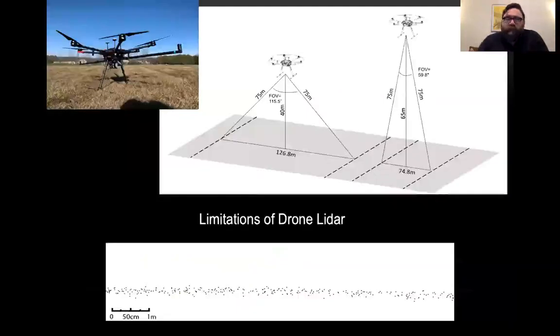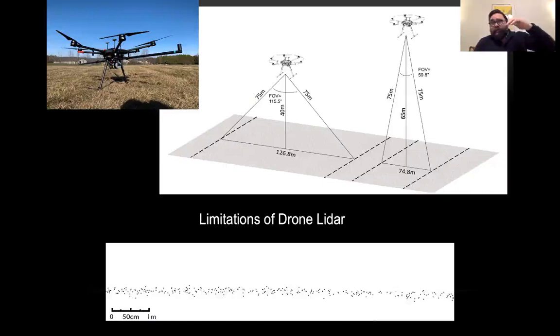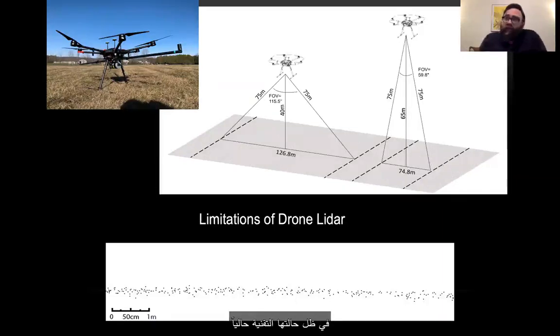other way. There are a lot of limits to doing this with drones. The sensors that are made to be flown on a drone have a bunch of limitations. They have a limited range, so you can only fly them up to something like 75 meters, but the higher you fly them, the smaller their field of view is, so you have to fly them low enough to see a wide angle on the ground. There's a whole bunch of trade-offs of being able to fly them, and they are heavy, they don't fly that long, so you get limited ability to cover wide areas with the state of the technology right now, especially relative